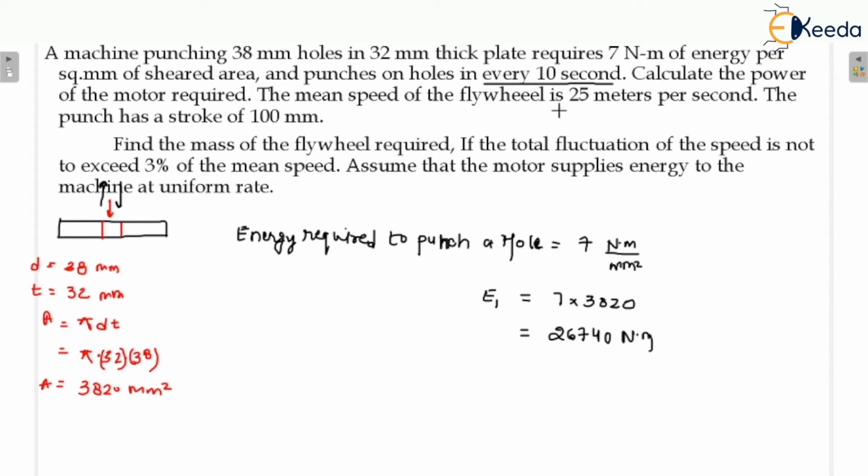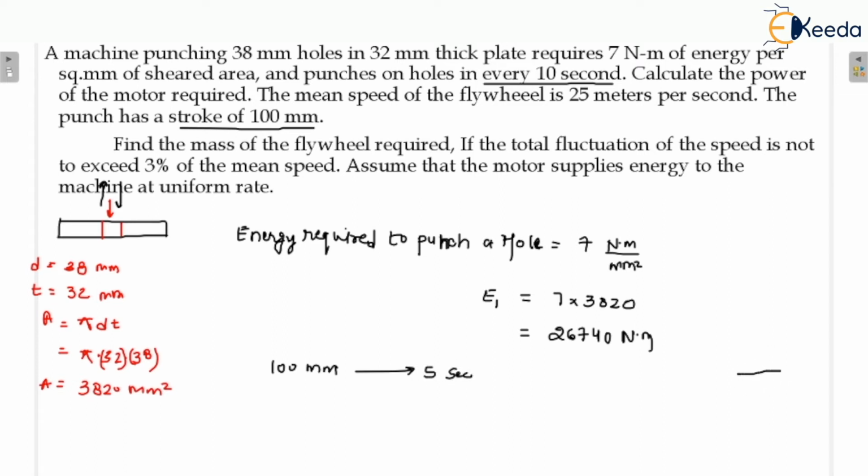Then the mean speed of the flywheel is given, that is 20 meter per second, and the punch has a stroke. Now see here, the cycle time is given, 10 seconds. Okay, after 10 seconds another stroke is happening. Okay, so that means stroke is given, that is 100 mm. So if stroke is 100 that means 100 is covered in 5 seconds. Why am I writing 5 seconds? See here,